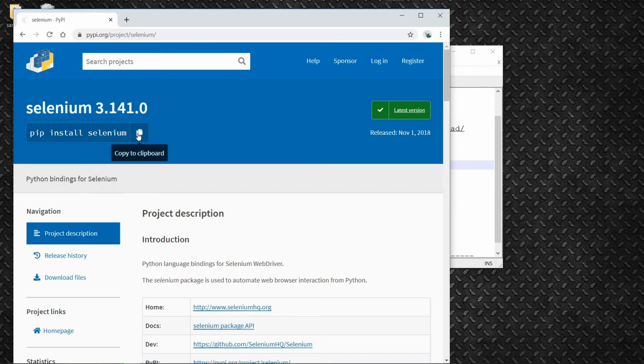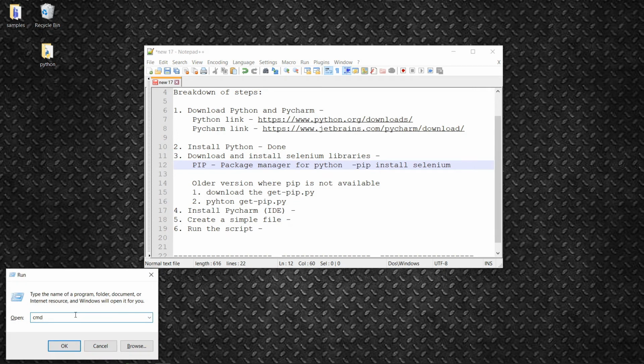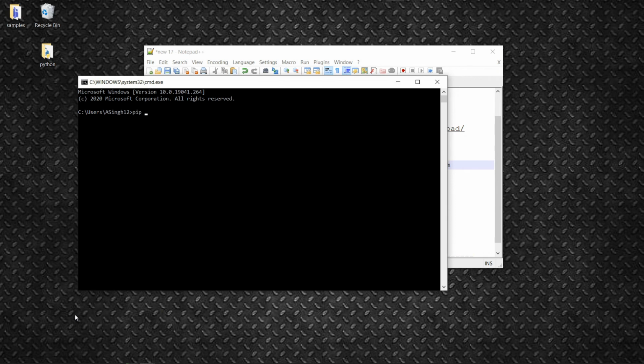So either you can copy this from here, or you can directly go to CMD and type pip install --upgrade selenium.